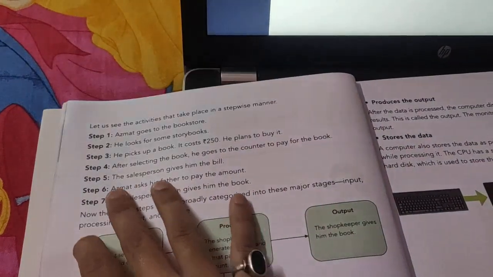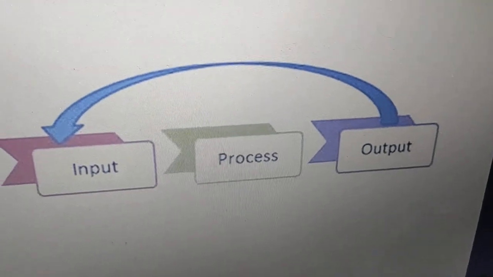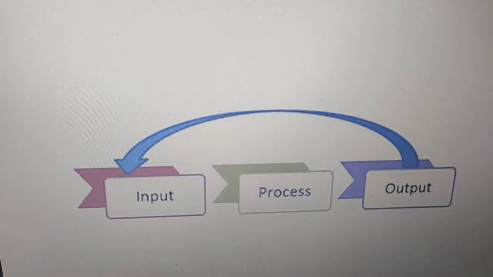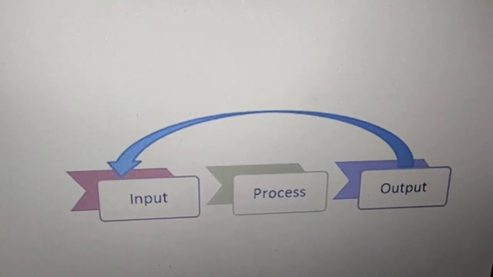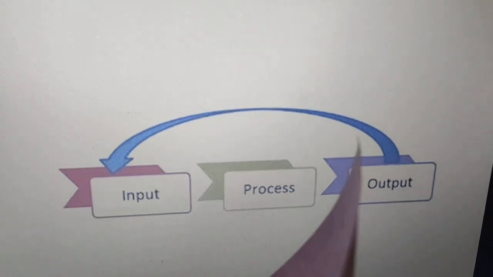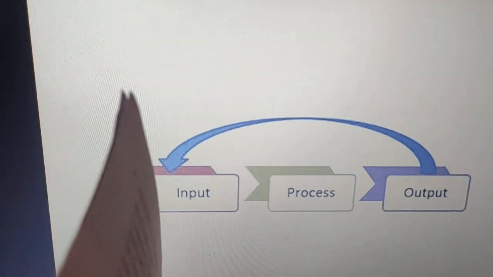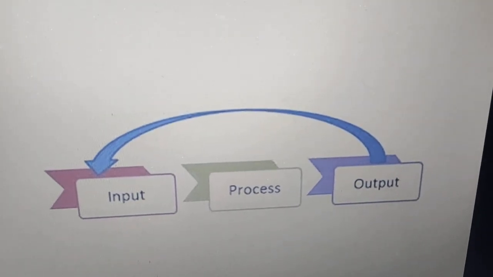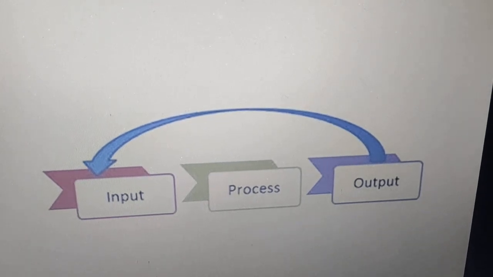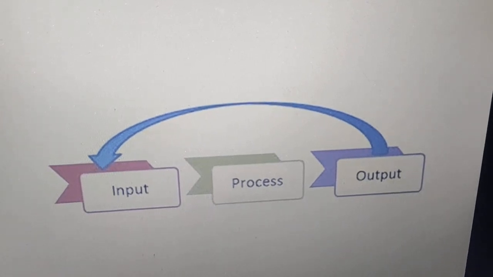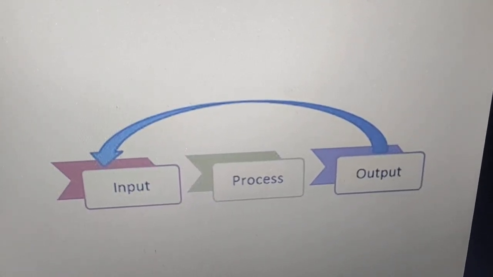Here you will get a very nice story about input process output. Here one boy is there, Azmat. That boy wants to purchase some books. So how that boy goes step by step, similarly our input process output cycle also works. So dear children, read the lesson carefully and find some more examples of how input process output works in our day-to-day life. You may write them down in the form of what is input, process and output.